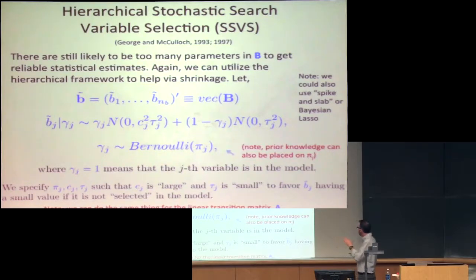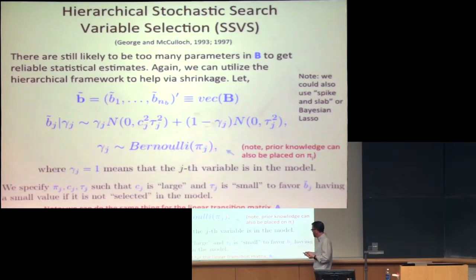Okay, there are other formulations here, a spike and slab, where this would actually be a zero mixture. There's also the Bayesian lasso, which also shrinks the parameters. But this is fairly simple and fairly easy to use. It's hierarchical, so you then put a probability distribution on these, whether it's in the model or